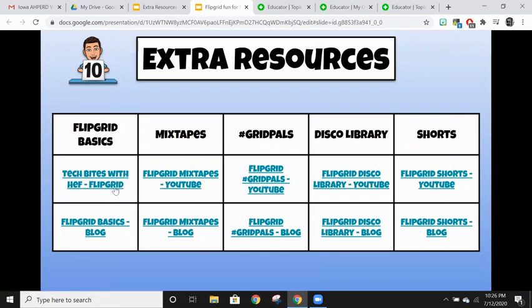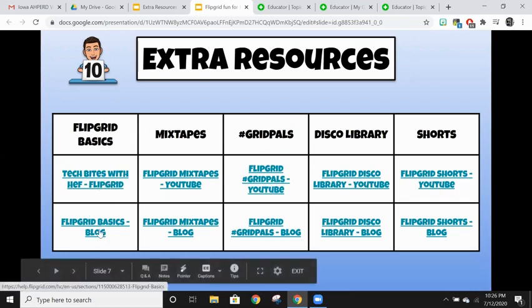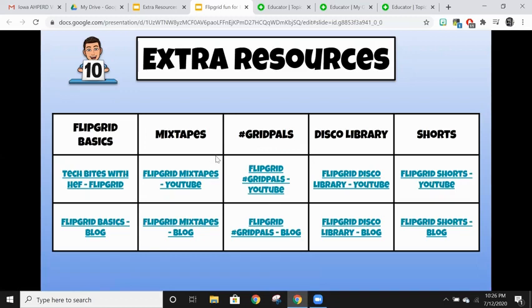So covering the basics, Lynn Heff, I believe is how you say it, has a really good Tech Bite section of a playlist she created on YouTube of different technology things that you can check out. She does a really cool Flipgrid video here, which is awesome. There's also a blog through the Flipgrid page about covering the basics. And I'm not going to click these just to save on time here a little bit. But you can also check out